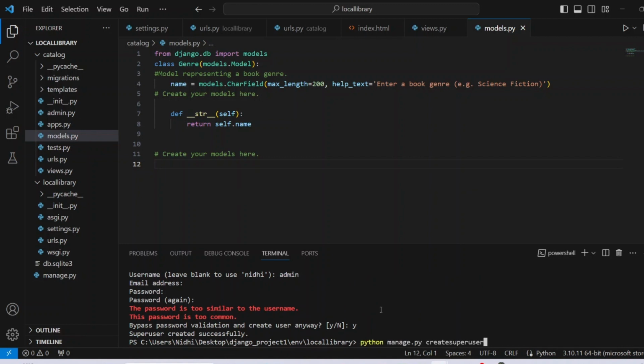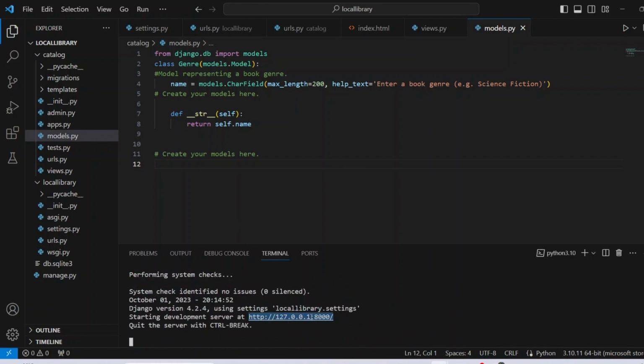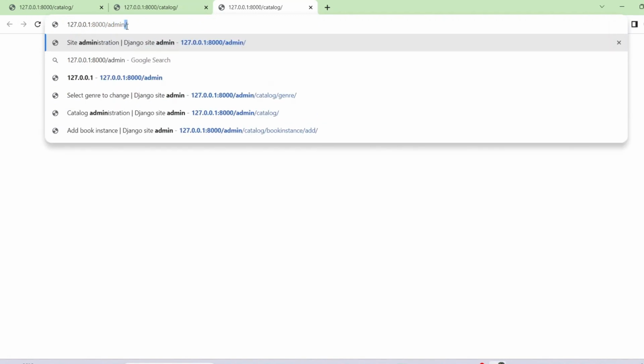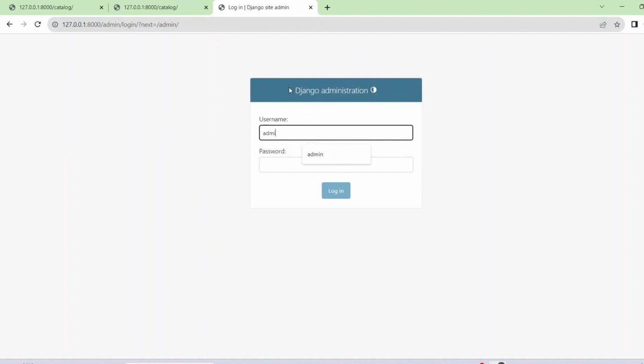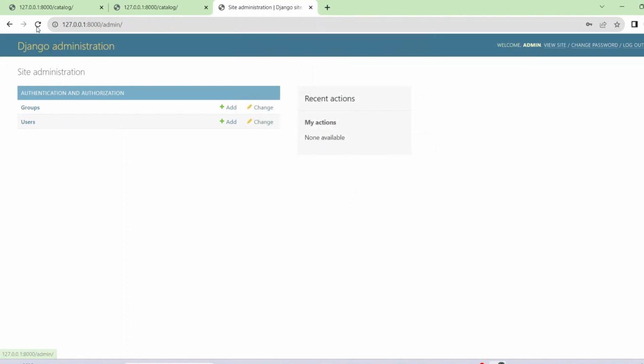Now again we have to run the server. Okay, and then control click here. And now we would like to go into the admin panel. Writing admin and the password that we chose, admin one, whatever password you chose, and then login. And okay, if I refresh this,